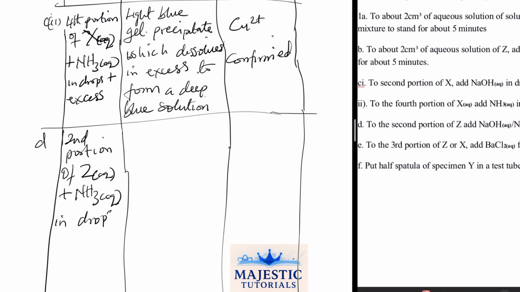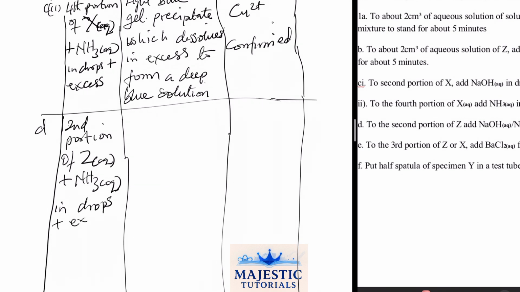In drops plus excess. What is our observation? There will be brown precipitate or reddish brown. No, it's not true. Please take notes. There will be a dark or dirty green precipitate. Dirty green. It is gelatinous, meaning it is sticky to the walls of the test tube. Dirty green gelatinous precipitate,